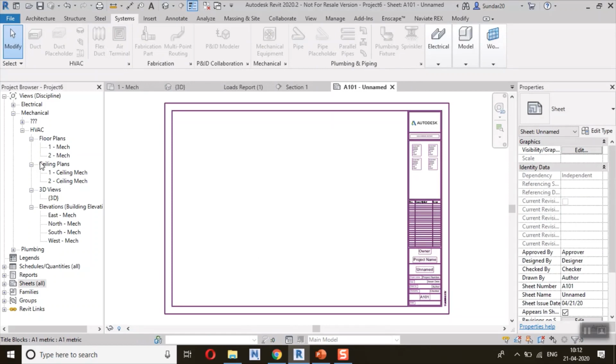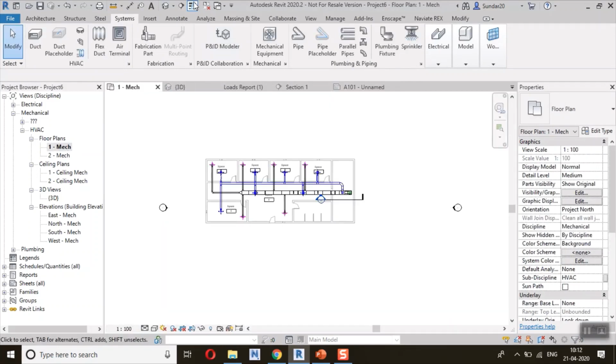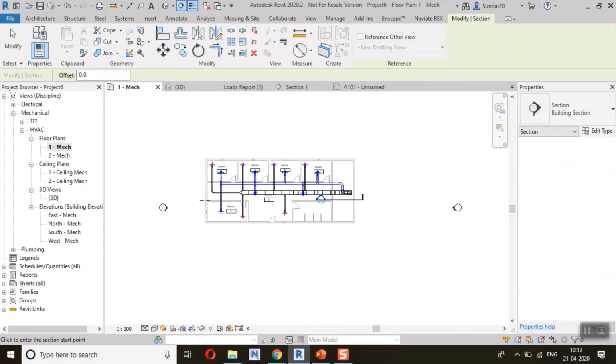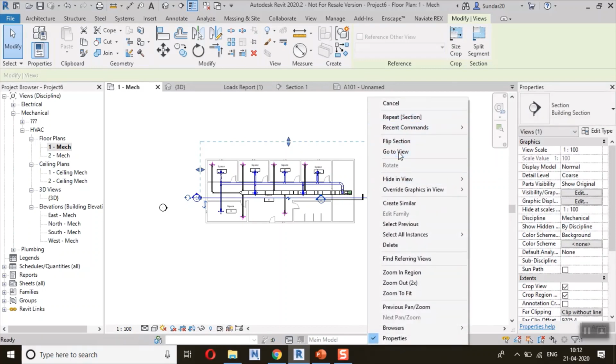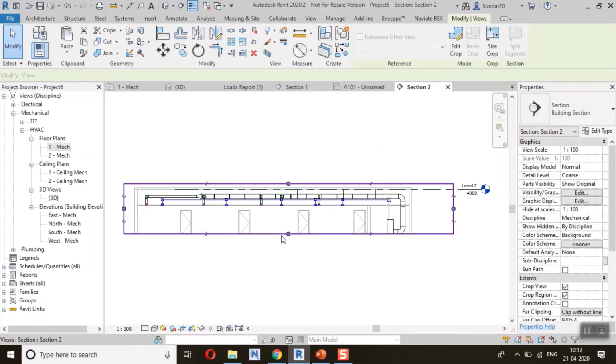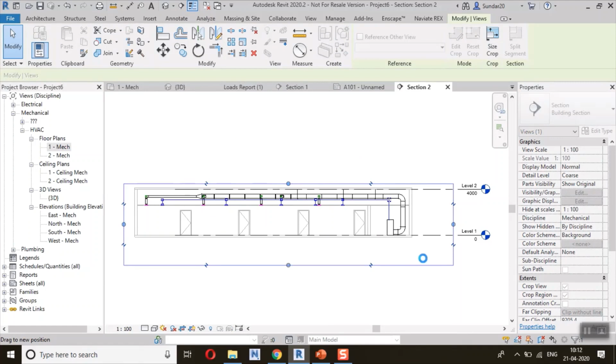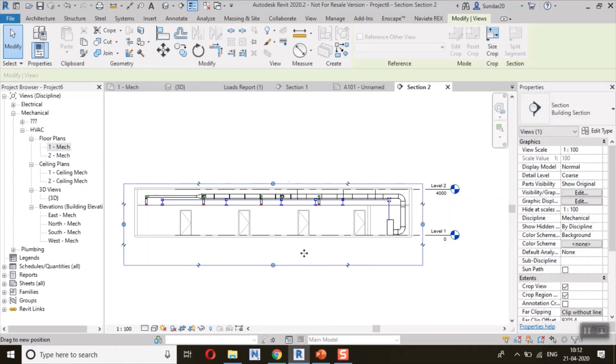Go to the floor plan, get the section, change the view range, right click, go to view. Yeah, showing the floor. I want to place the view on my sheet.